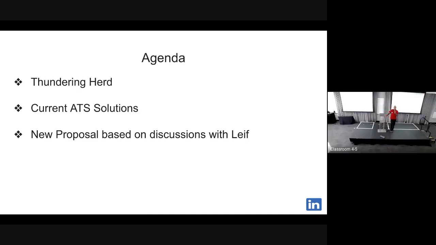So Roger touched briefly on thundering herd and the problem that can cause in CDNs and origins when that happens. Thundering herd essentially is a situation where you get overloaded with requests for a resource from multiple clients at exactly the same time, and you're not able to serve that many clients because you're simply overloaded. That's a common, classic problem that can happen during live streaming or other use cases